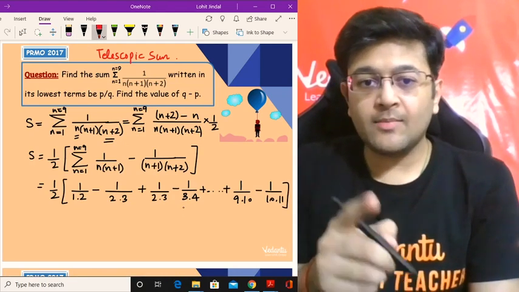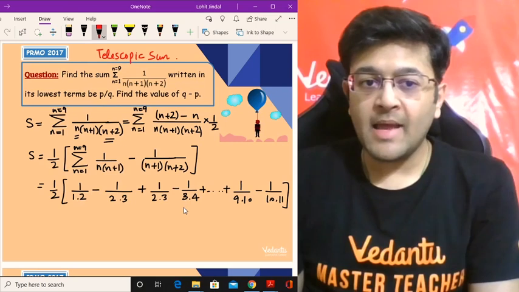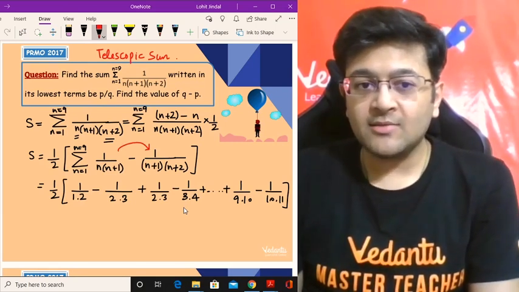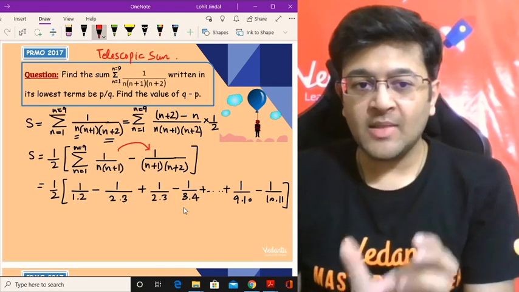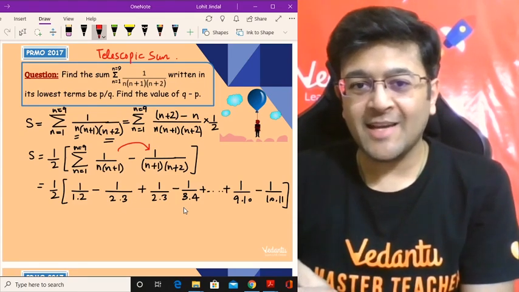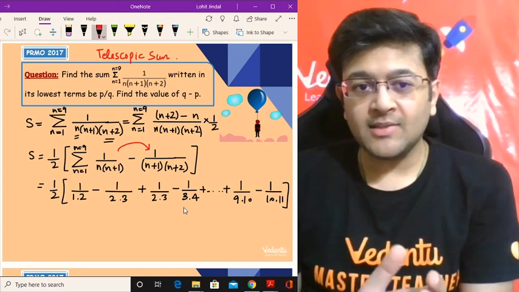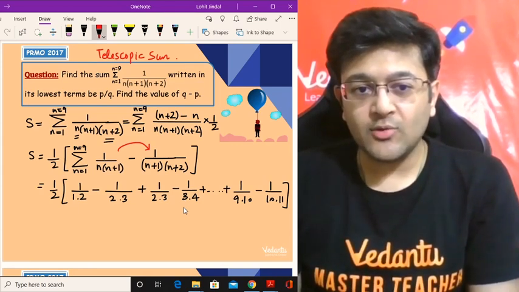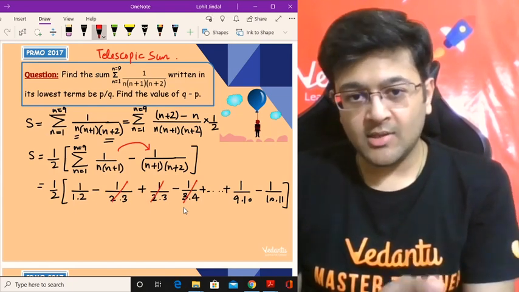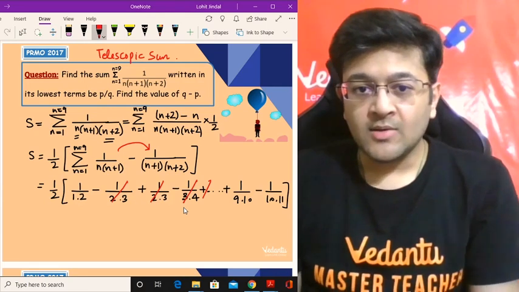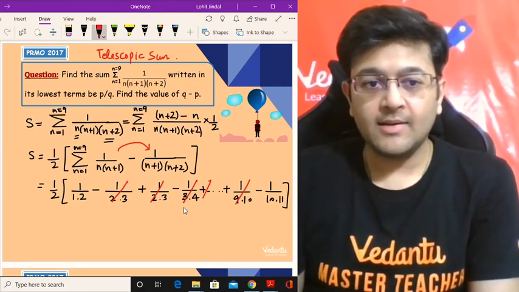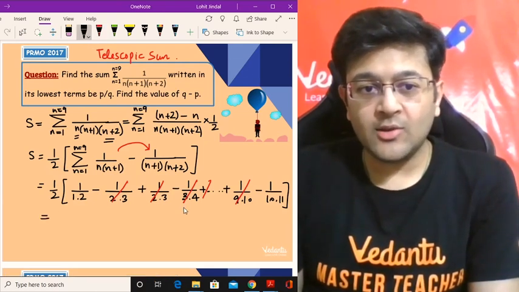So I think you can see the pattern here. See, when you put n as n plus 1, you get the second part of the term, right? So that is why when you are putting n equal to 1 in the first term and putting n equal to 2 in the second term, the first part of the second term cancels with the second part of the first term. Okay, so as you can see, this term cancels with the term after this, and so on. So this term will be getting cancelled with the term before this, right? So now you're only left with two terms only.